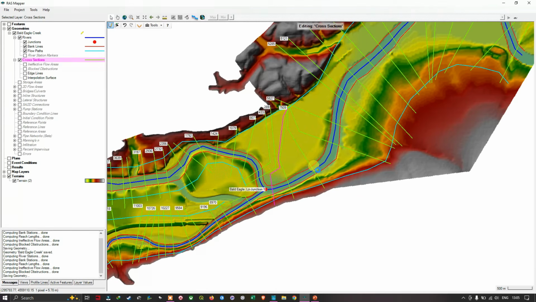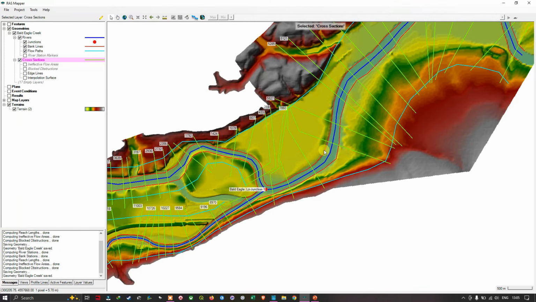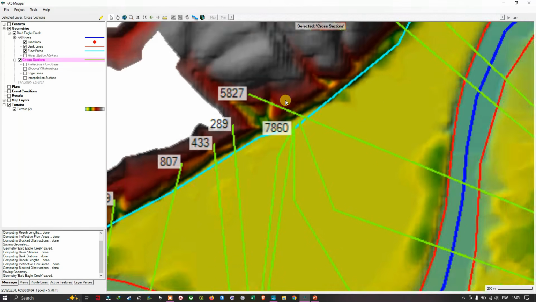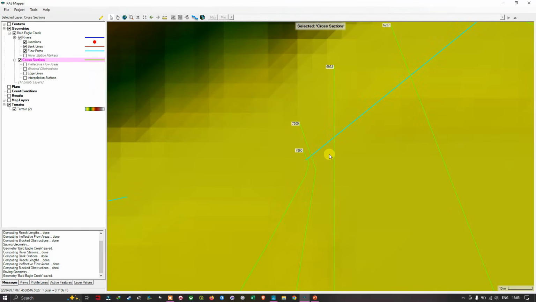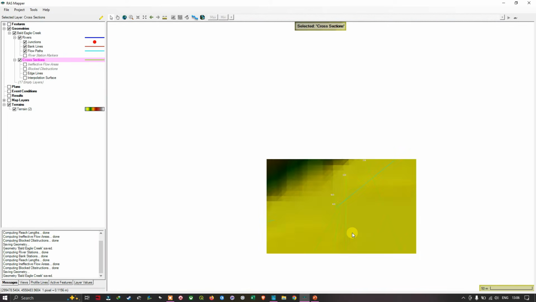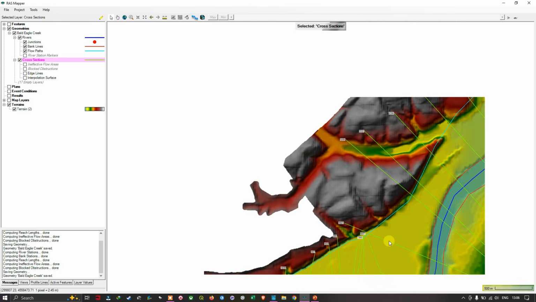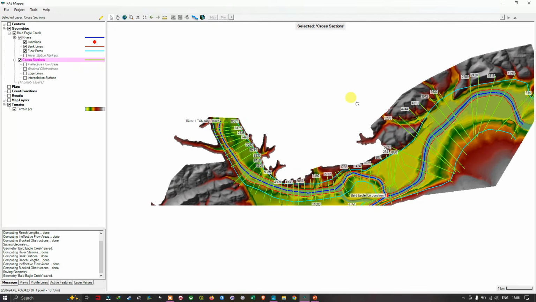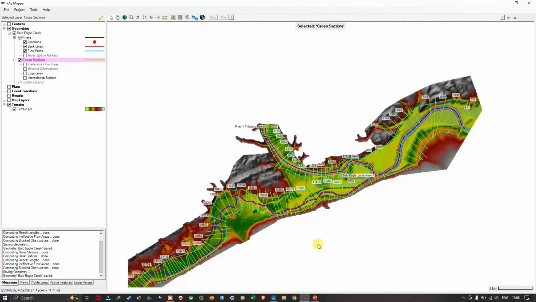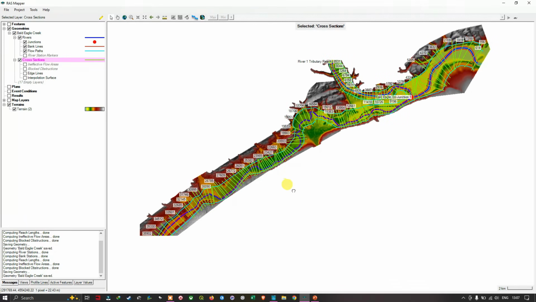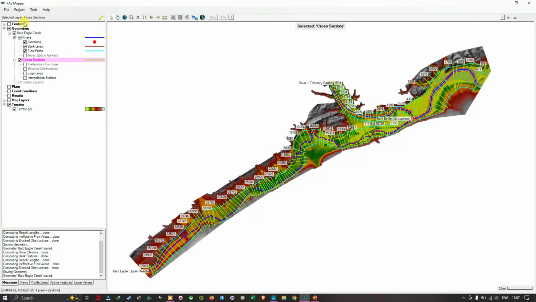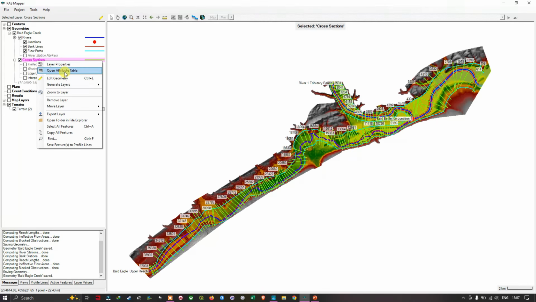This particular area is kind of complex. You can see that. So I'm going to zoom out here now, and we have created the cross sections for our study region here. You can see that. Make sure that I save this, and now we're going to navigate to the cross sections here. I'm going to right click and click this option called Open Attribute Table,